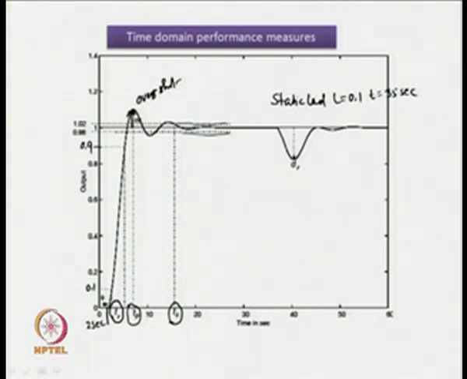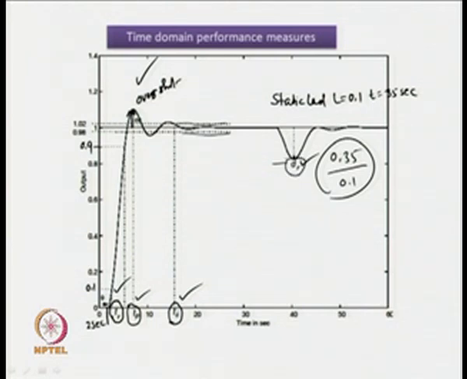Let me again repeat: the overshoot, rise time, peak time, settling time, disturbance response magnitude, in this case which is approximately of the value 0.35 for the load input of 0.1. So, these are certain critical parameters, those are often considered as far as time domain performance measures of a closed